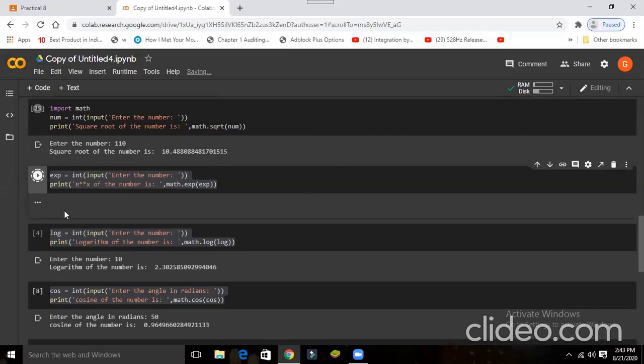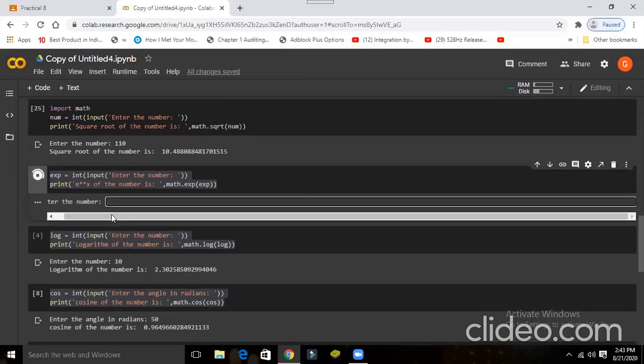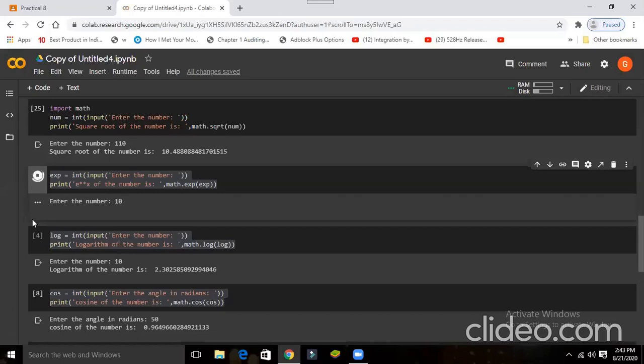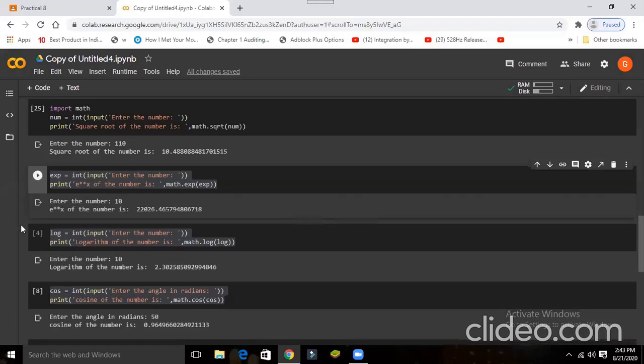Suppose I give 10, e to the power 10, it gives 22026. What is the value of e? 2.71. I think it is already predefined, so based on that, it calculates this function.